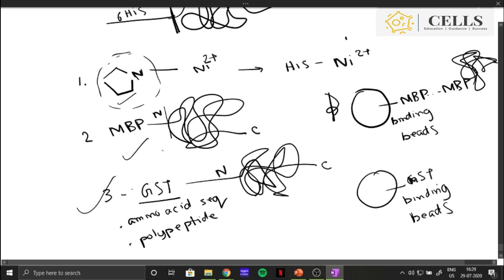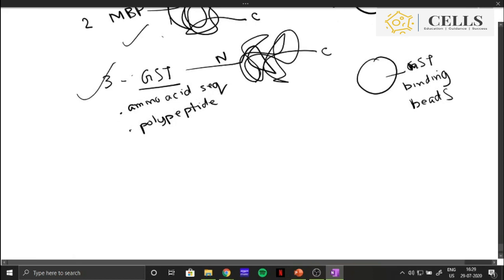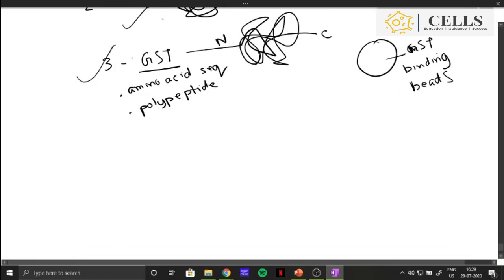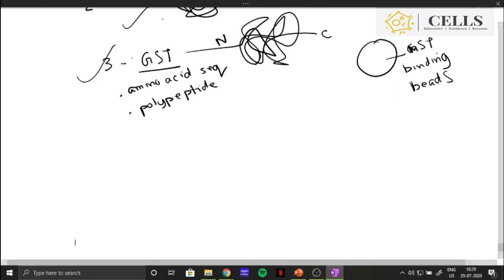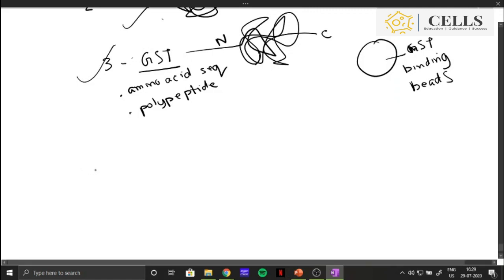Can I use antibody for a protein? Yeah, antibody for a protein. I think I answered Preeti's question as well. How is histidine tag bound to your protein of interest? So when you clone that gene, suppose you have an amino acid sequence, for example K, L, S, A, M, D, a random protein sequence. Now when you generate the protein sequence, you add H, H, H, H, H, H.